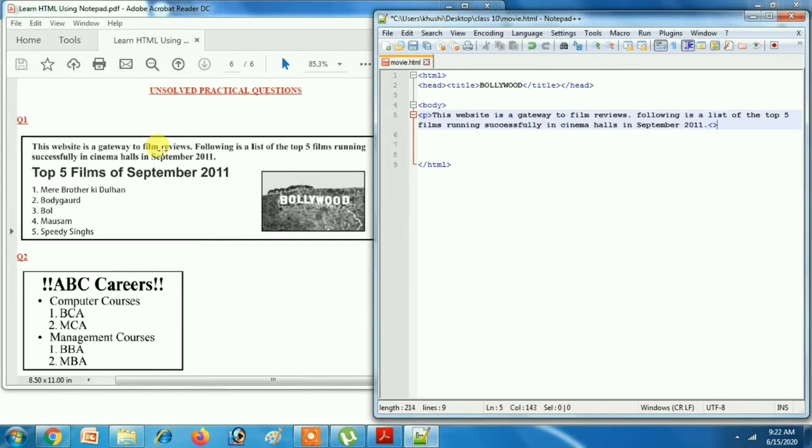Okay, and the paragraph is closed. Got it? Then save it.